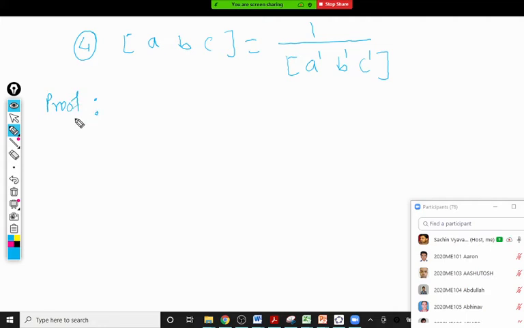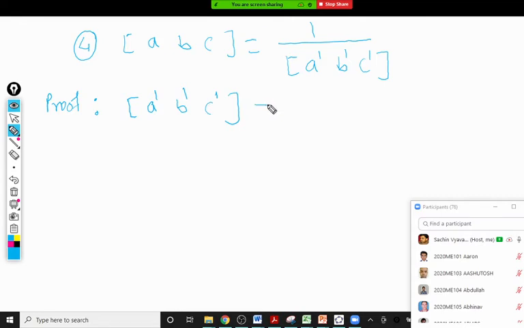For the proof, let me start with box of A dash B dash C dash, because we have the formulas for dash only, that is, the reciprocal vectors. What is the formula? Excuse me, sir, there should be a bar, no? Yes, I already told you in this article, reciprocal system, everything is a vector. So even if you write without bar, you have to consider it as a vector. Sometimes it comes in the exam that way. So understand there is a bar, it is unwritten, but they are vectors.